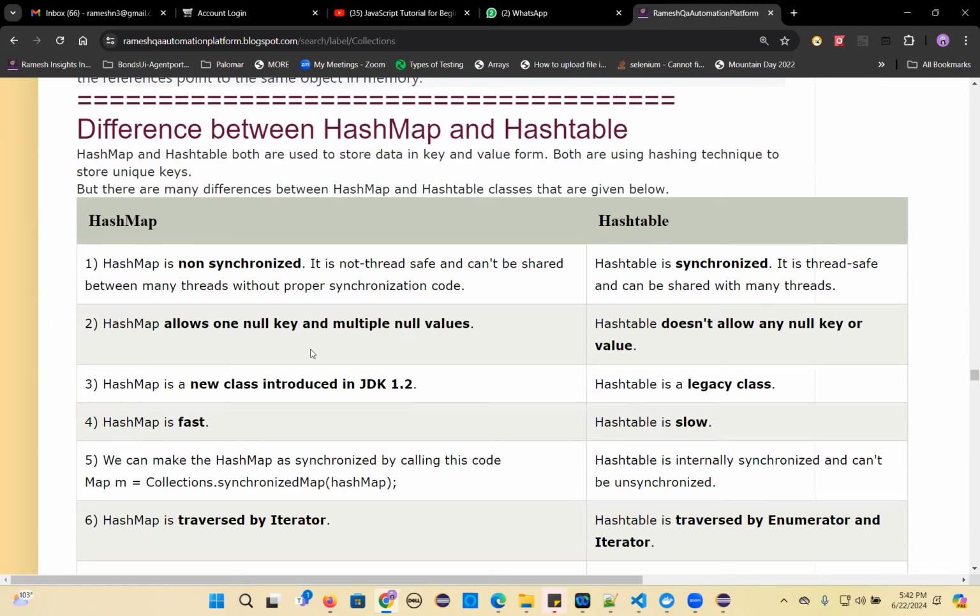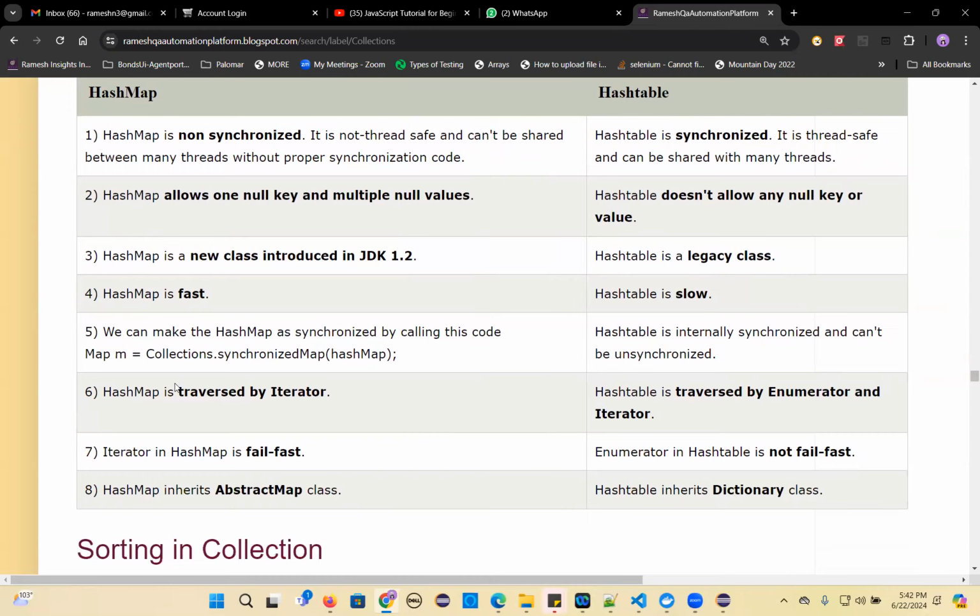HashMap allows one null key and multiple null values. HashTable doesn't allow any null key or any null values. HashMap is a new class. It is introduced in JDK 1.2 and HashTable is a legacy class. And HashMap is fast, HashTable is slow, and we can make the HashMap synchronized by calling this code: